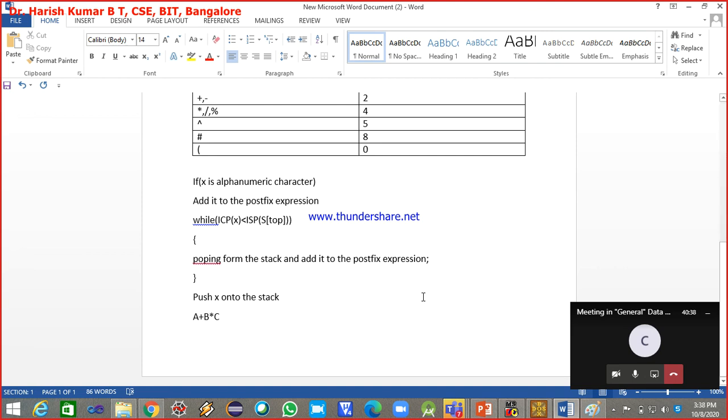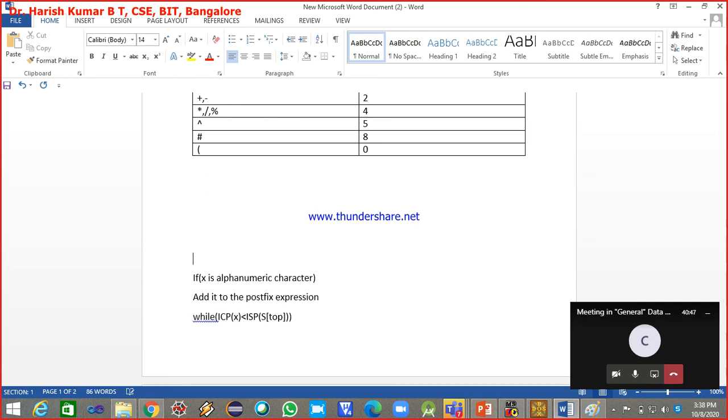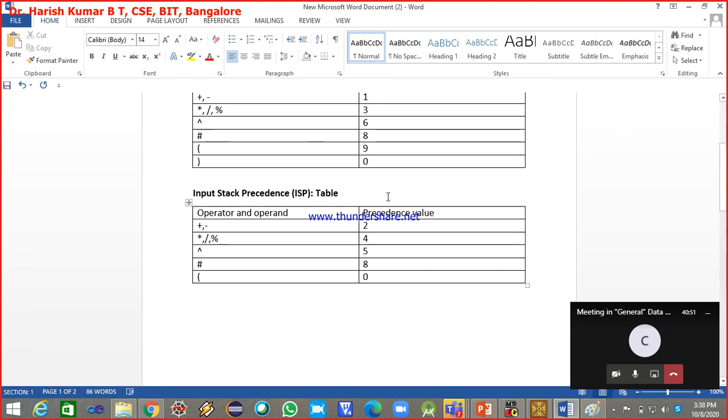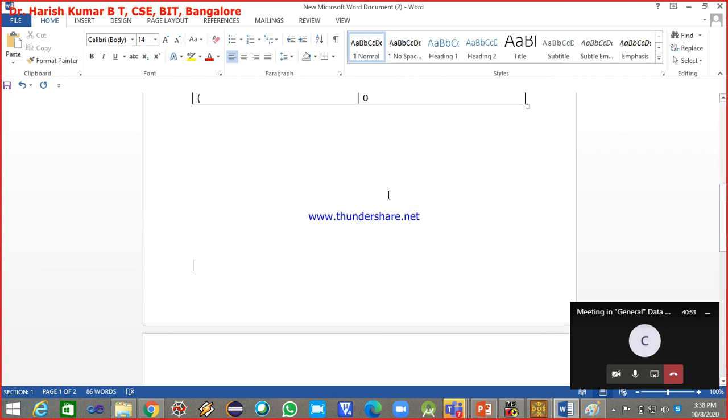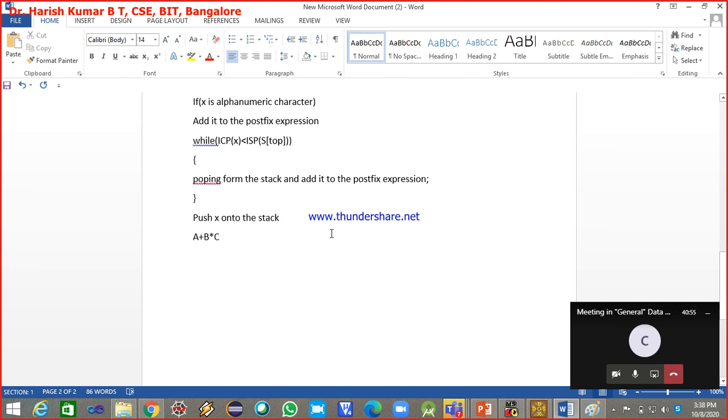I need a table, so let me push everything to the next page. These two tables I'll leave there only; whenever we want to refer to them, I'll scroll up. So this is the expression which I've taken, and now I want to convert this into postfix form. This is my input string. I'll write a stack also.